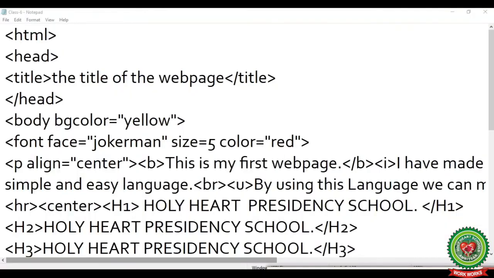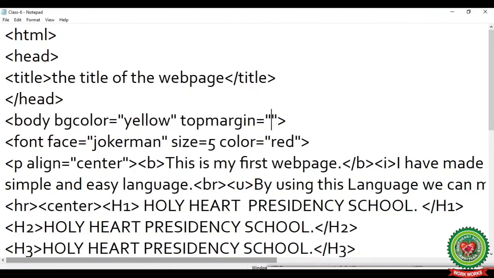Now to apply the top margin and left margin on your web page, place your cursor within the body tag, give space and type top margin equals to, and within the double quotes you can type the size of the margin that you want to apply on your web page.